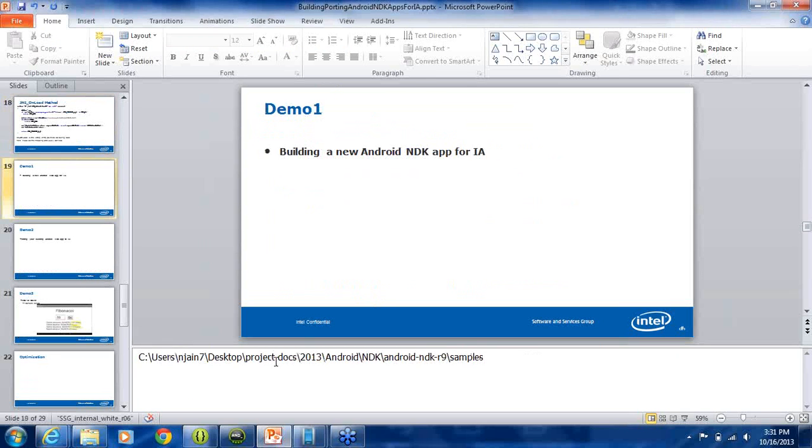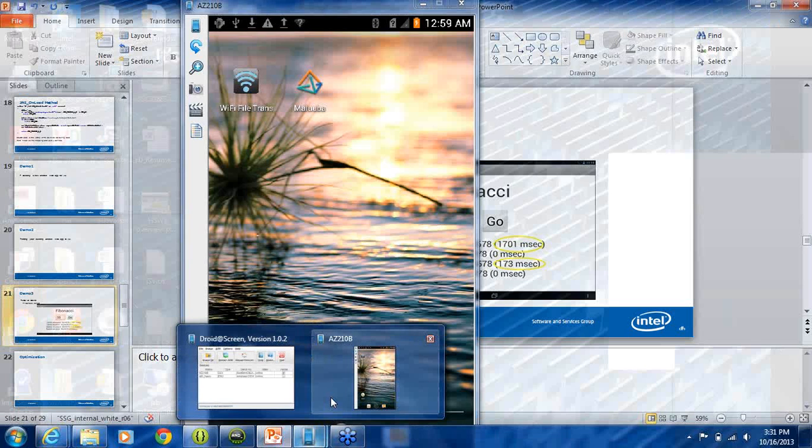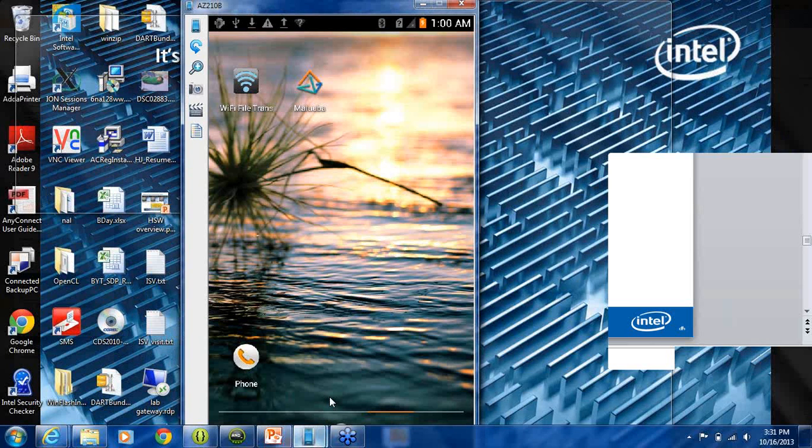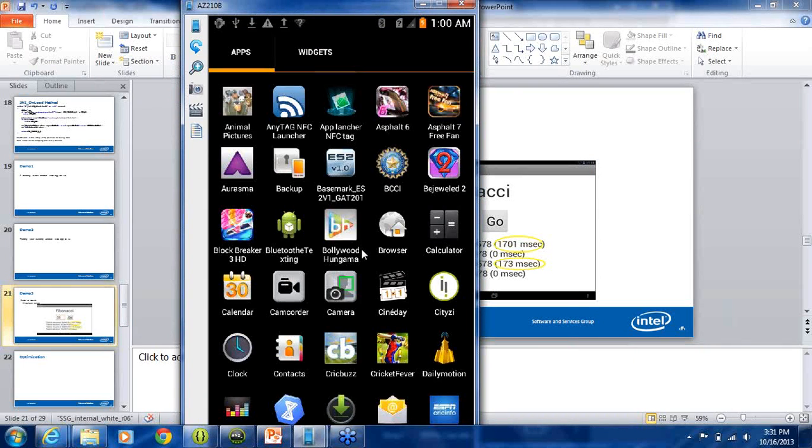Okay. So the demo was done for the migration. I would like to give one more demo before getting on to the optimization method, where it will give you insight on Dalvik versus NDK applications. Here I've linked to one of the x86 platforms. If you can see the screen here, this is linked to one of the x86 phones. Here I have the code for both Dalvik and the JNI and NDK.